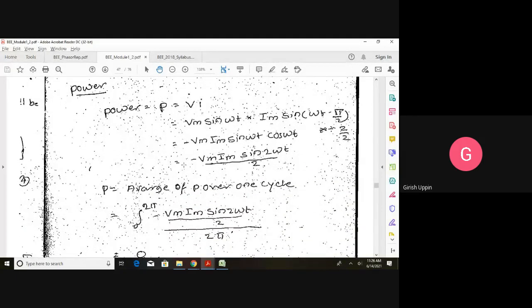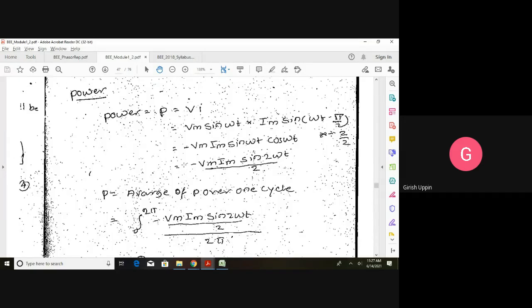So power consumed in a pure inductance and pure capacitance is 0. In the exam, they might ask you a question like, perform the analysis of an AC circuit supplied with alternating voltage to the pure inductance, or they might say prove that the power consumed in a pure inductive circuit connected to alternating supply is 0. So power consumed in a capacitor is 0, power consumed in a pure inductor is 0. Whatever the question is, you have to do the complete analysis.